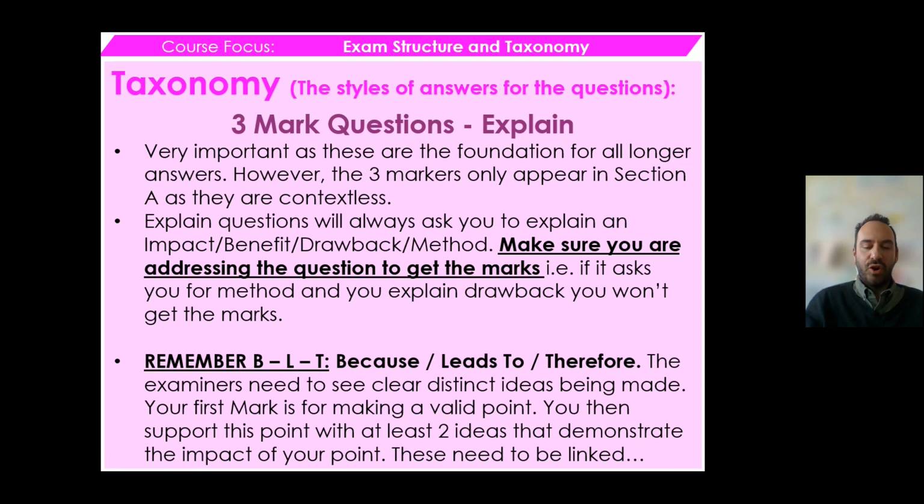This is why I say, don't have these linked ideas and then finish off with, and then they'll have more profit. If you're not really talking about profits, that's a really weak therefore. Also, your therefore shouldn't be part of the question. It shouldn't be, what's the advantage of X, Y, and Z? And then your therefore is, therefore, that is why it's an advantage of X, Y, and Z. You won't get marks for that either.